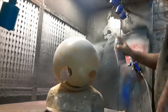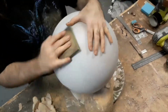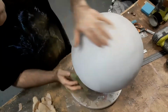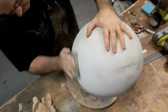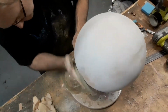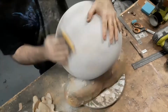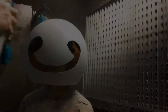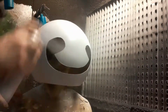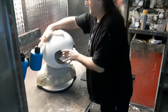Then again, layer of plastic primer. Give that a sand. Again, go through the different grades. Once that's all done, we get ready to paint it, so we go again with a layer of plastic primer, make sure we get a good even coverage of the whole thing, give it a quick key down with a very fine thing,